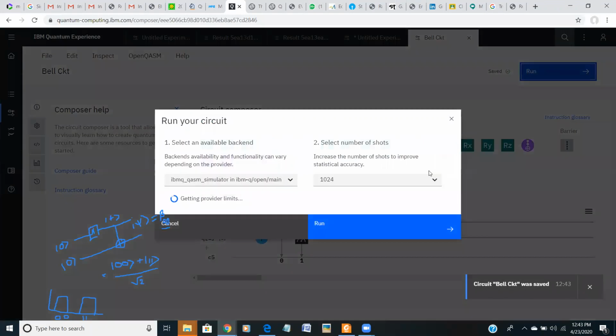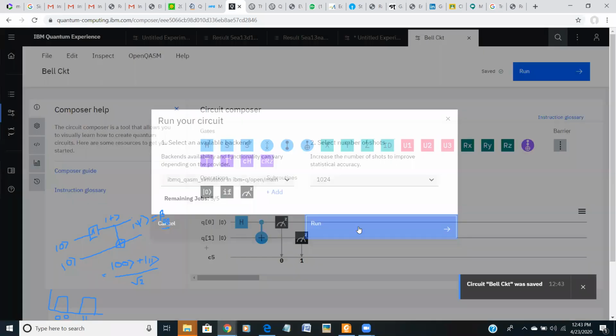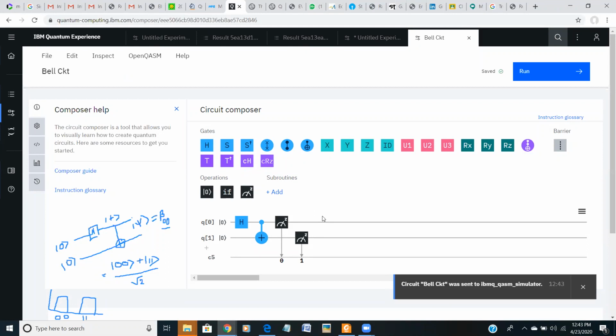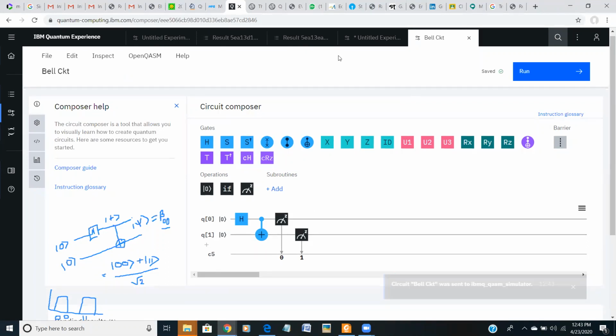Now you're going to run. We are running in a simulator actually. If you run in a quantum computer, you can do that, but it will take a moment. In between, I just erase this portion.